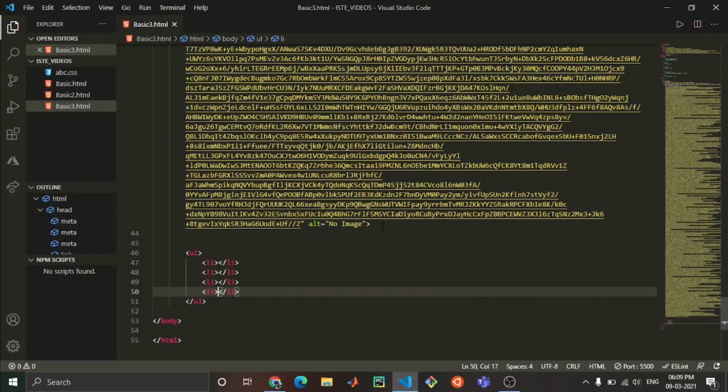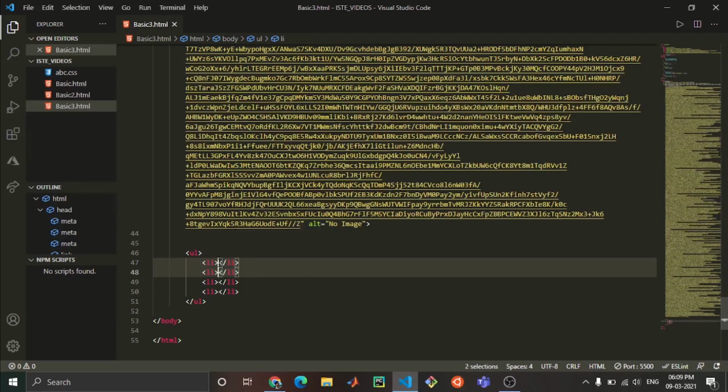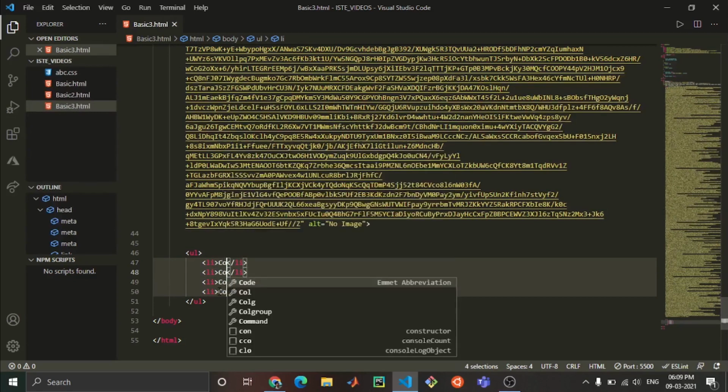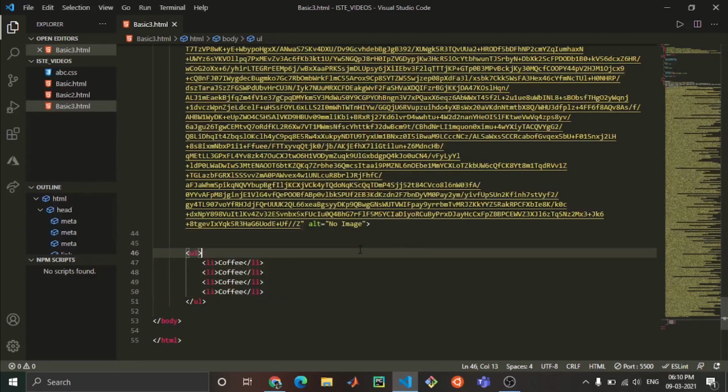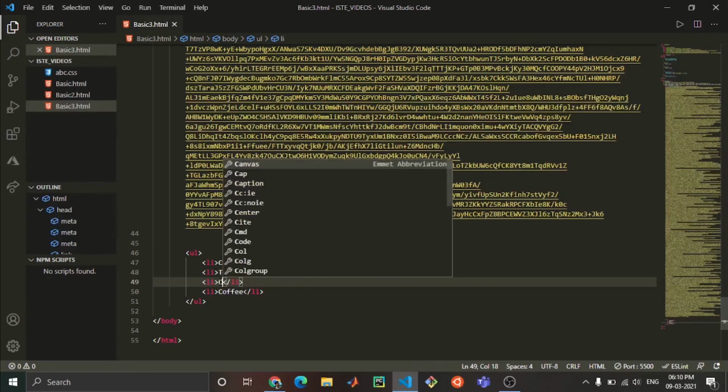Just copy this thing. Now you can tap on alt and click in between, so that I can write everywhere. First I write coffee. I am just writing one word each. You can change it if you want. Coffee, tea, or cake.